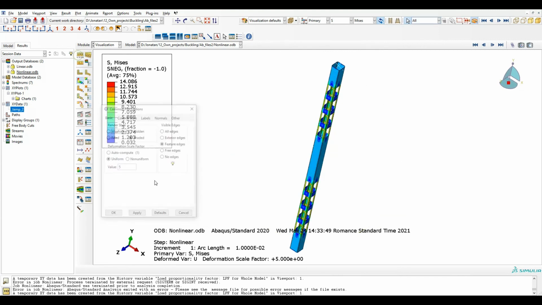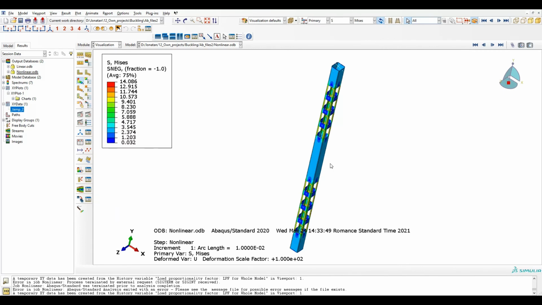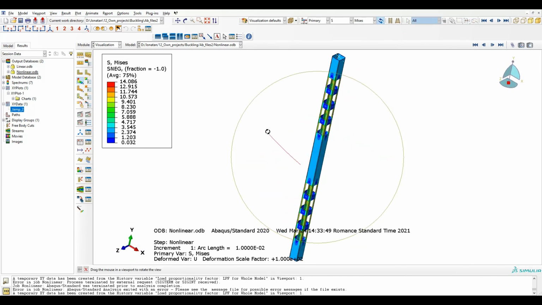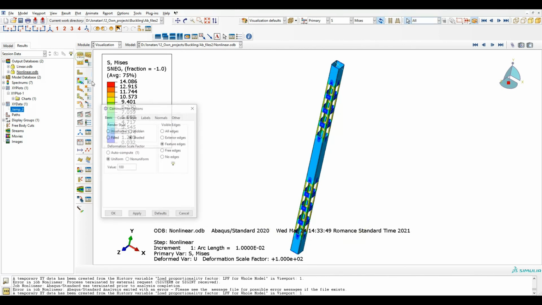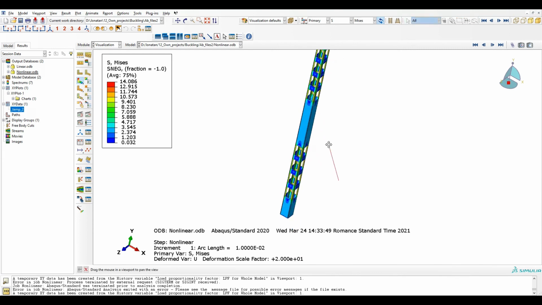A bit more. I will give 100. Well, yeah, the thing is the time step is not very high, so I will just write 20, and let's go to the correct time increment.